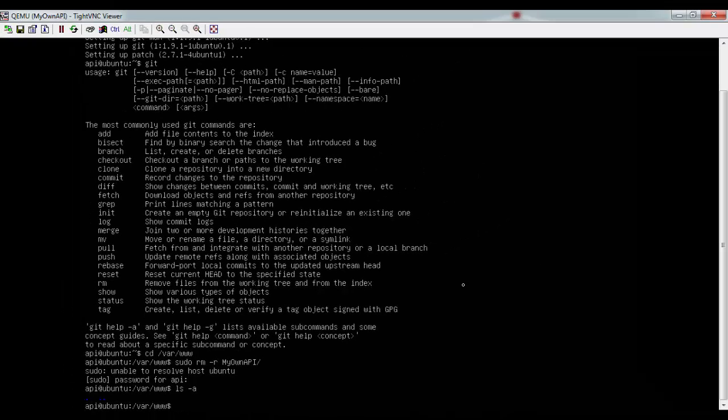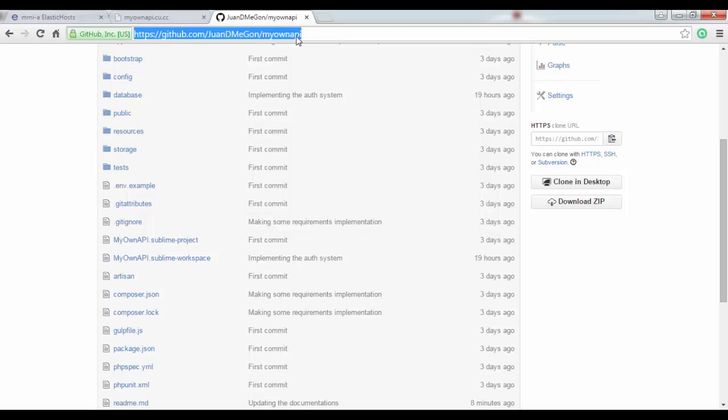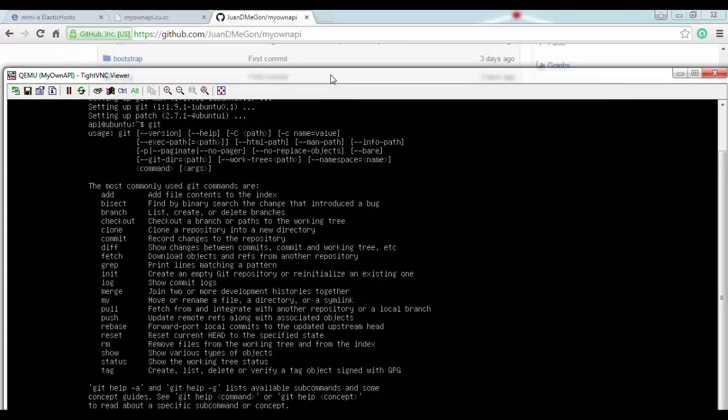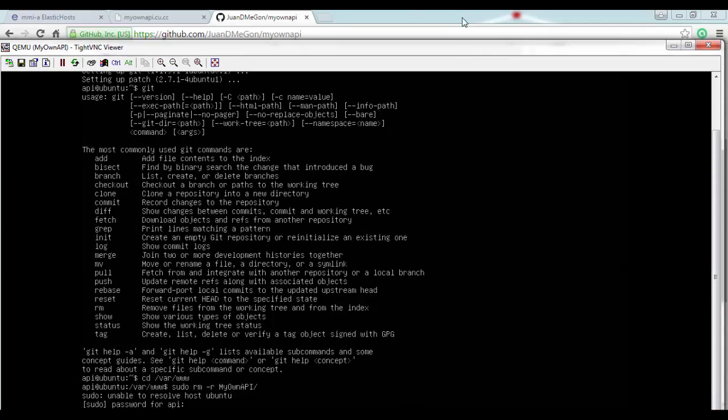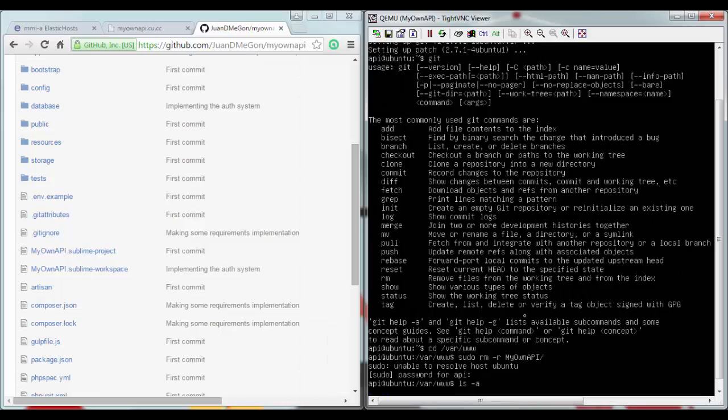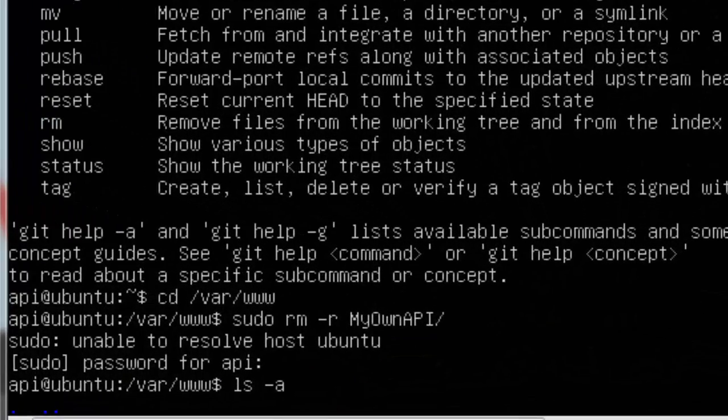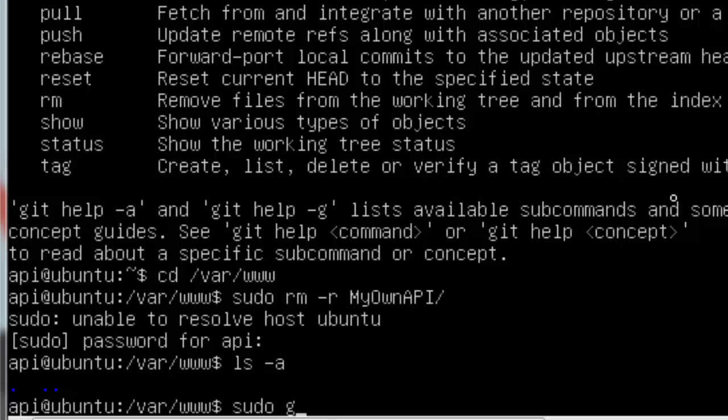So we're going to clone our API from our remote repository. So we're going to use the address that is here using the HTTPS, the secure HTTP connection. So we're going to pull this, very easy. So we're going to copy this here and this here, and it's sudo git